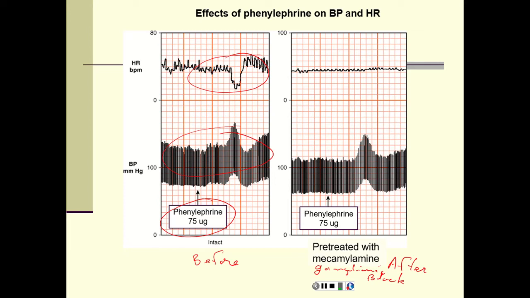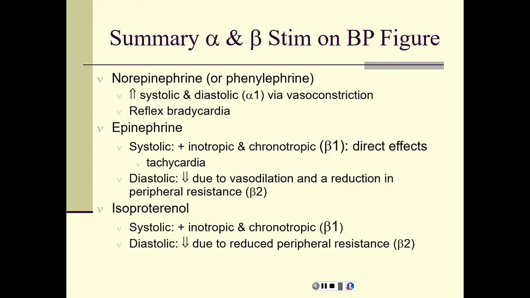So the pretreatment with mecamylamine, followed by the injection of phenylephrine, still causes the direct effect of an increase in blood pressure, right? And so that is an alpha receptor mediated effect, alpha 1. And there is no reflex change in heart rate shown here. And so that demonstrates that the mecamylamine blocked the change in heart rate, and indicating that was a reflex effect. All right, so I summarized those slides